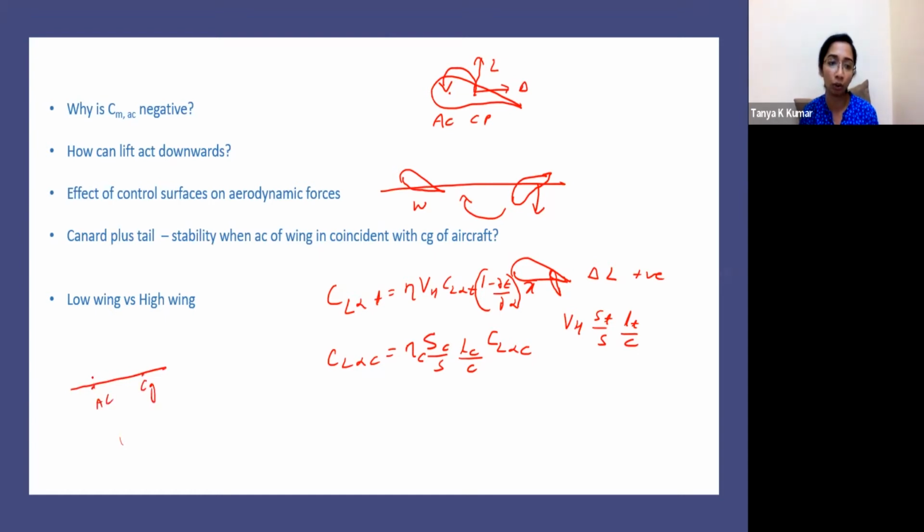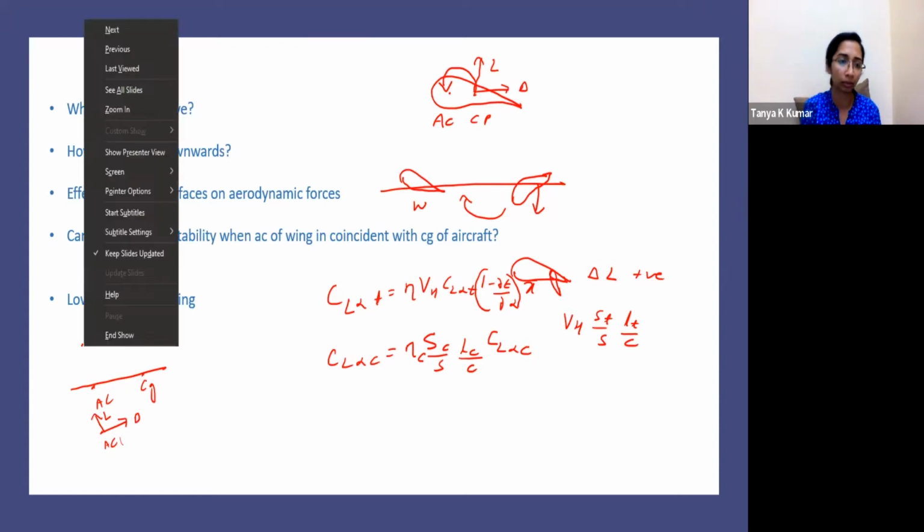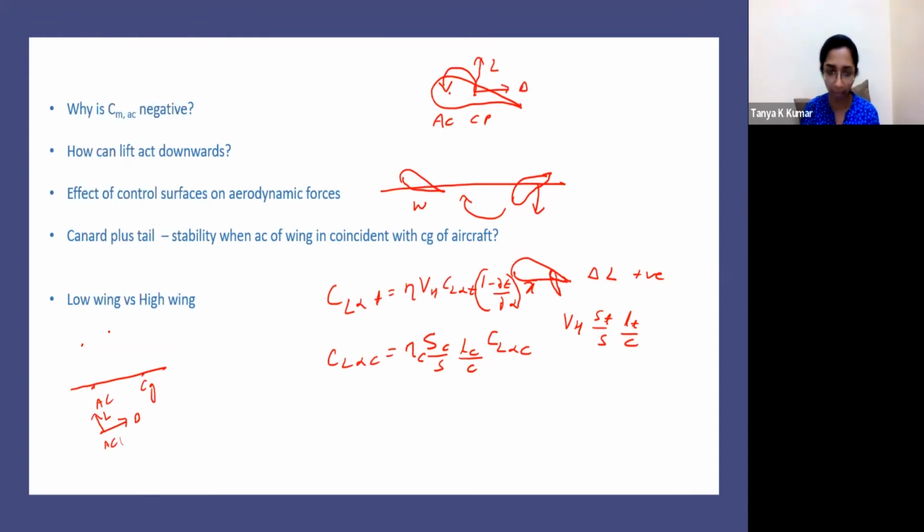Now, if we have a low wing configuration, this would be the wing AC, and the aerodynamic forces, drag and lift, would be acting here. Similarly, if we have a high wing, this would be the AC, so this would be where the lift and the drag act. So using these, there will be a